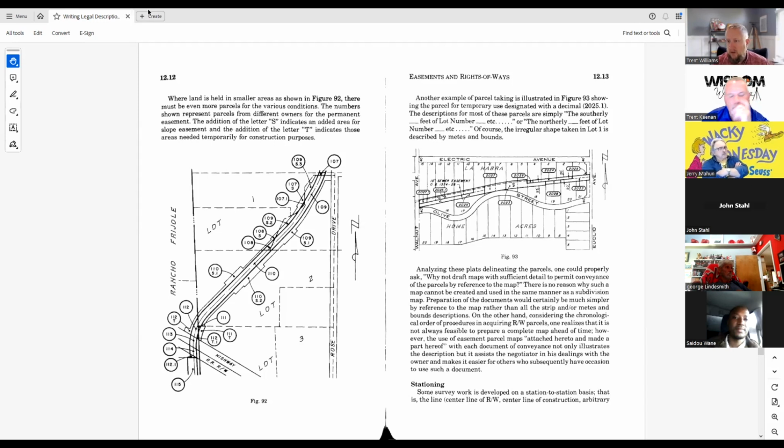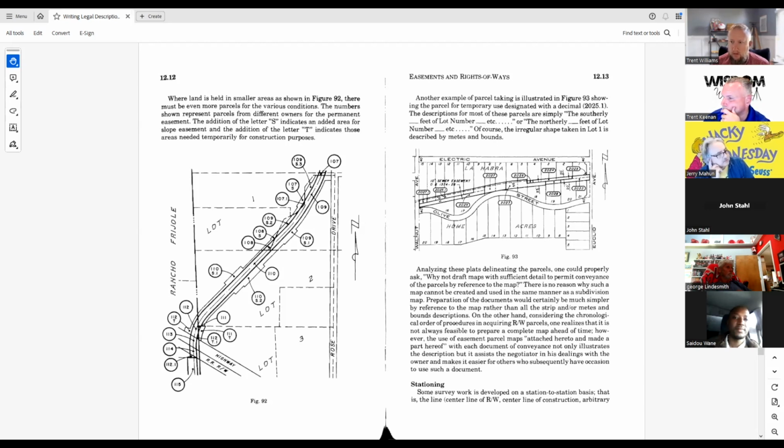Trent shaking his head no. No, I would say not so much. Trying to think if I've even come across something like that, but on DOT, we see them even on legal descriptions, right? Beginning at highway station, whatever, but there's usually ties then to section corners or some sort of monument that helps establish where that is. But I've got a few of these old US easements that just go along the station of the canal.